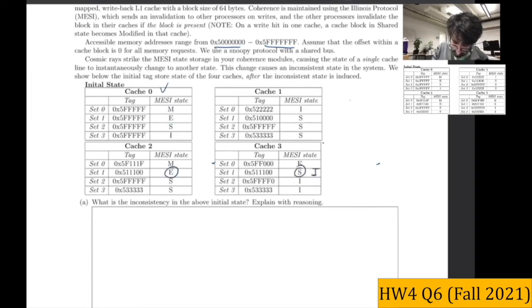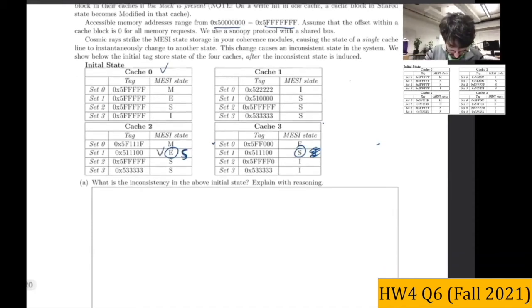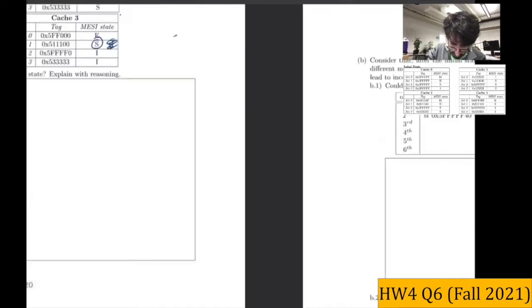So this could be invalid state, or this could be in shared state. So we have two lines in shared state. So okay, we detect our error here. Let's go to the next